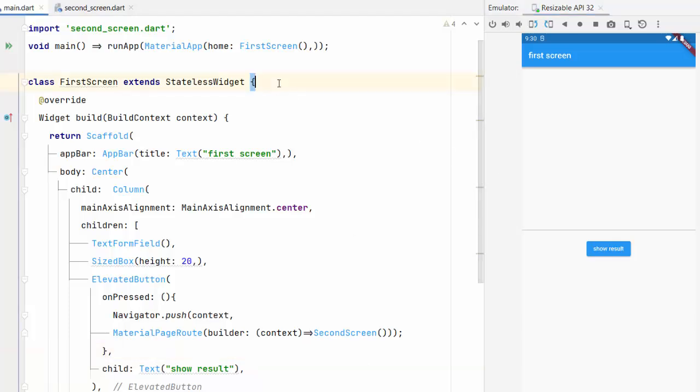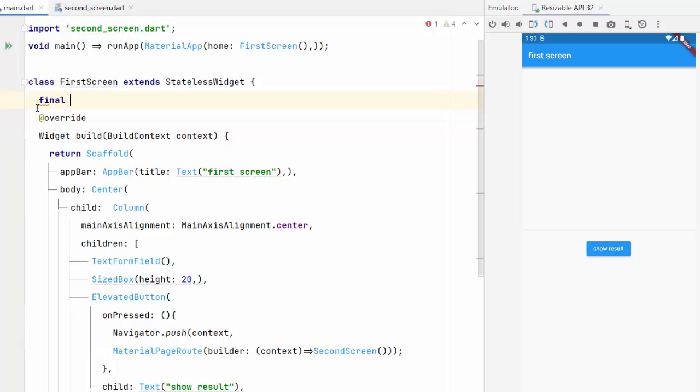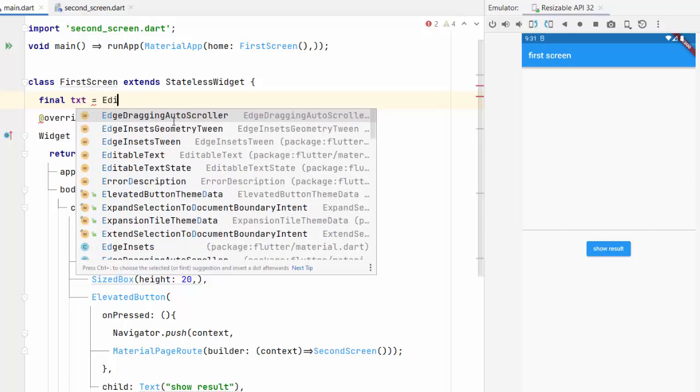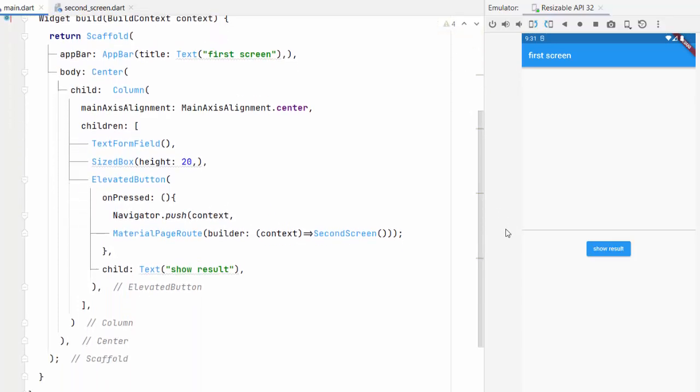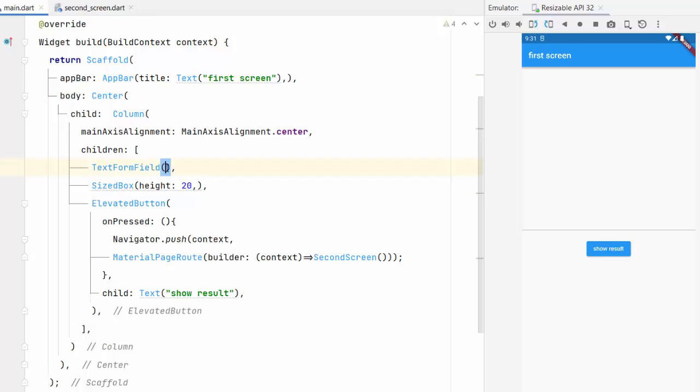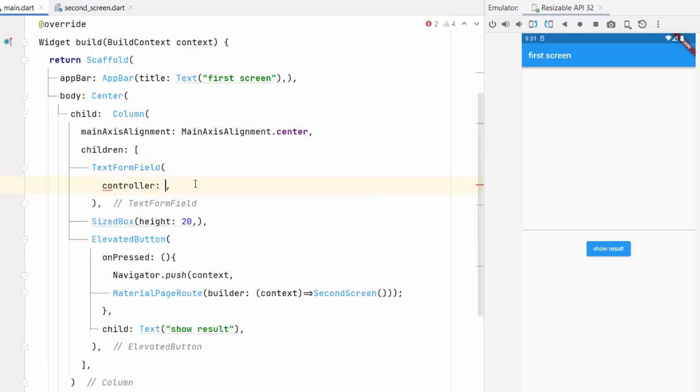For the controller, I can say final, and name it like txt, final because we have a stateless widget, not stateful, so it should not change. So txt equals TextEditingController. That's it. And the text editing controller, we will add it here in the text form field as the controller, txt. So now we can access anything the user writes here by using txt.text because there's a controller,